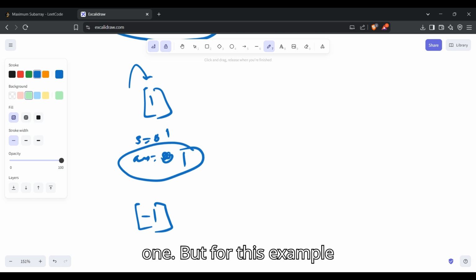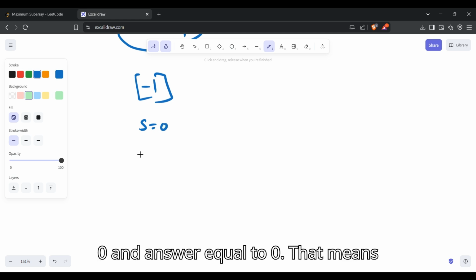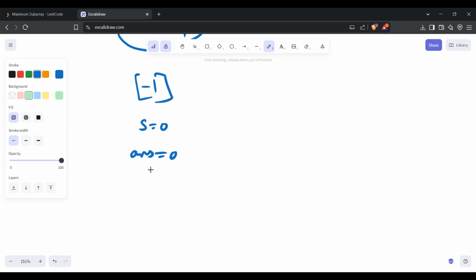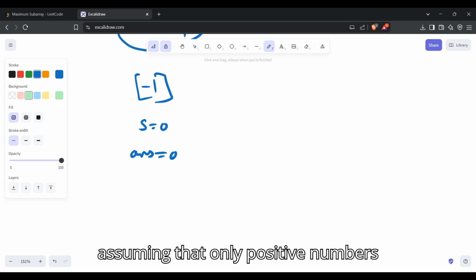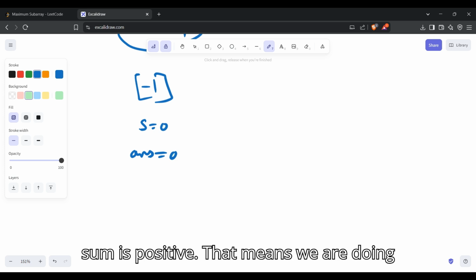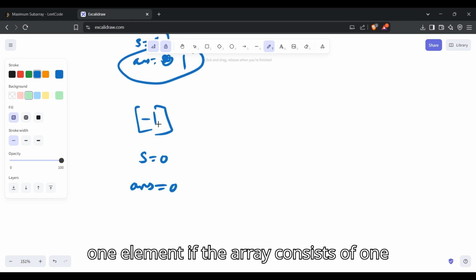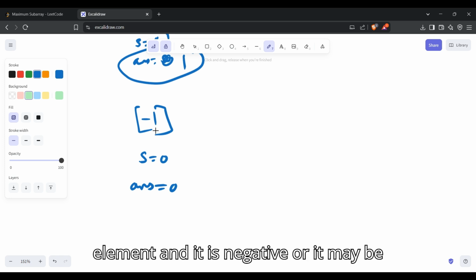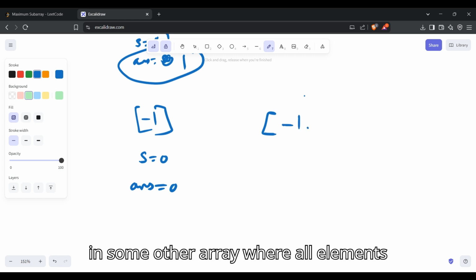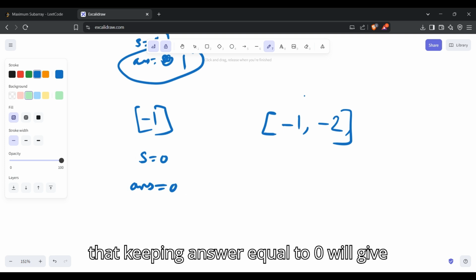Okay, therefore answer should be 1. But for this example, if we take s equal to 0 and answer equal to 0, that means we are assuming that only this maximum sum is positive. That means we are doing it wrong. Like for this example, if the array consists of one element and it is negative, or maybe in some other array where all elements are negative, we can see that keeping answer equal to 0 will give us